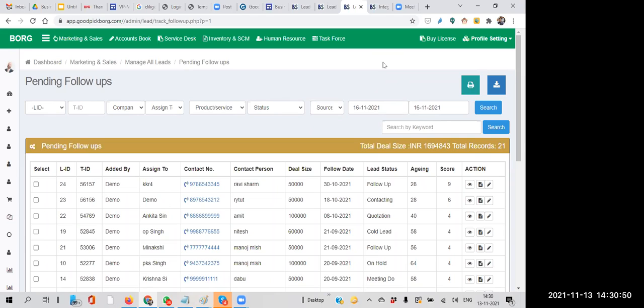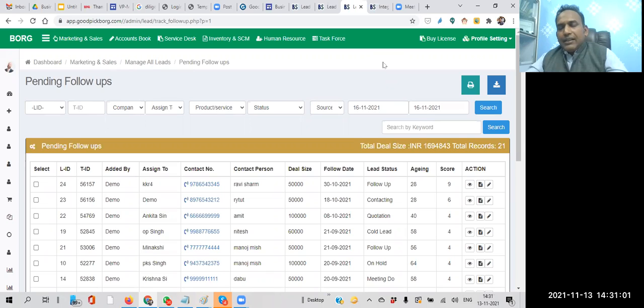Sir, I want to know in what situation we mark a lead as cold lead and warm lead. Please explain about cold lead. That depends, I already explained. It depends on the definition, company to company or business to business. But in my opinion, after the engaging stage, it will move to either cold, hot or warm lead.